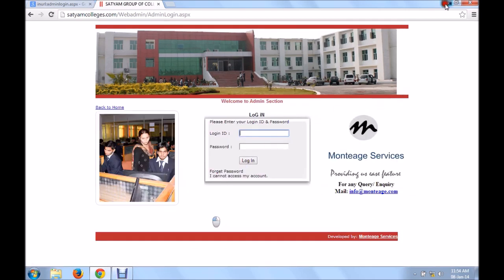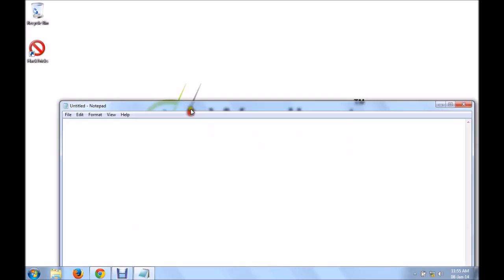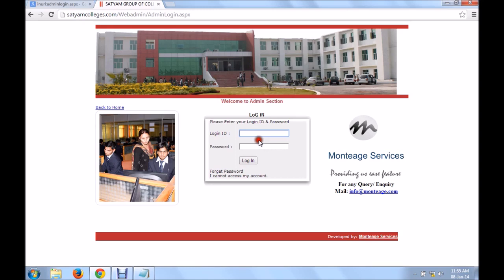We'll see what that string means. See over here, this is the string which I put there earlier. Behind every admin login, or any password or username asking, there's one SQL query.